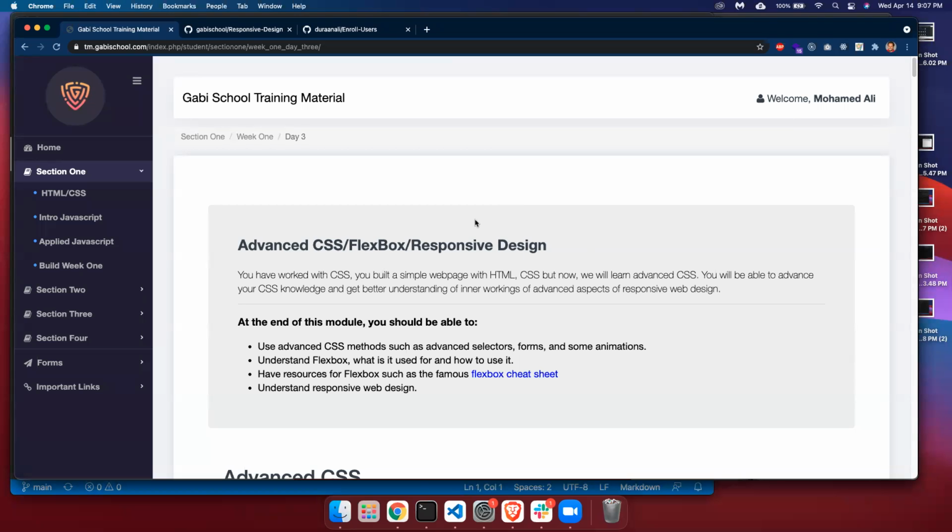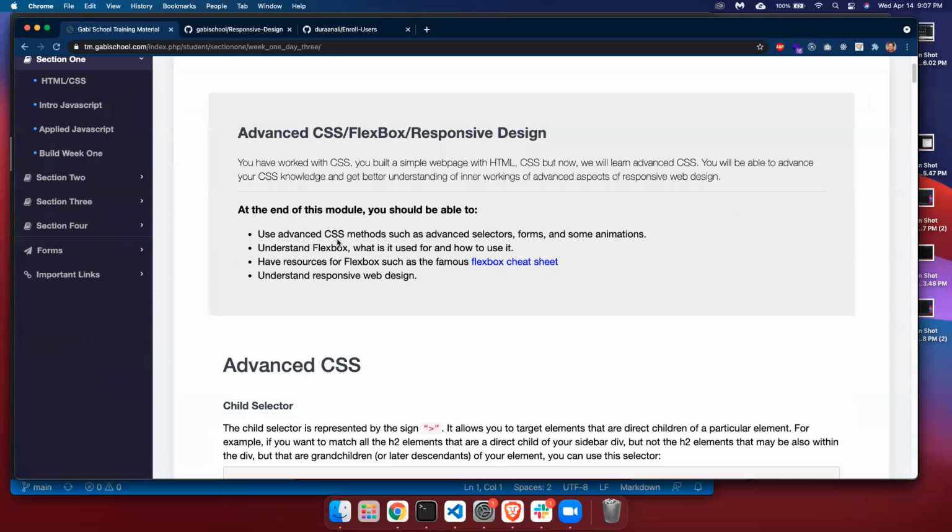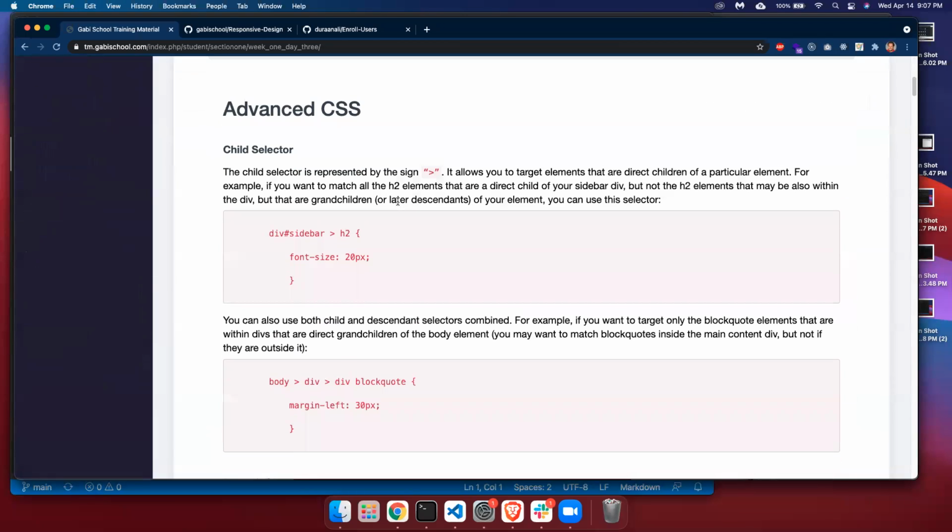So the lecture I covered advanced CSS, Flexbox, and responsive design. I talked about a little bit more CSS, and then I went to Flexbox and then responsive design. So we learned a lot about CSS, how to do colors, things like that, how to do